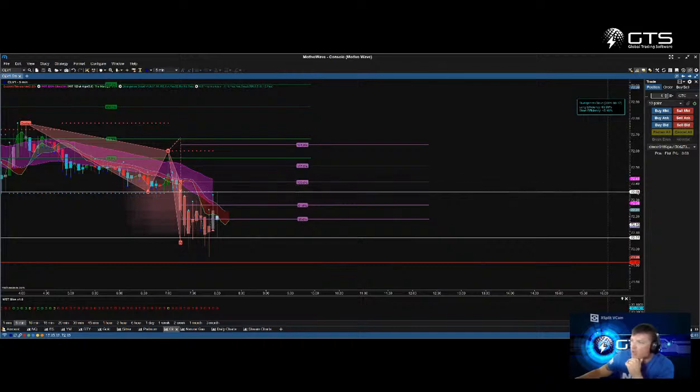We have the upper part of this range right here and the lower part of this range so far. Now, keep in mind that we're only 2.5 minutes into this opening range, right? This is the 5-minute as well, right? So we want to make sure that we give it some time to flex and move, and then